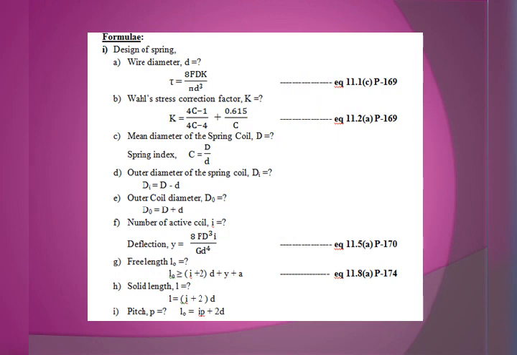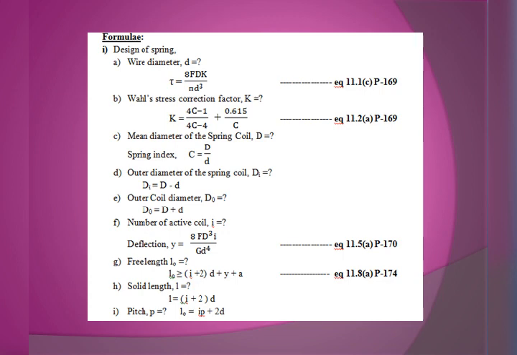Now we'll list out the various equations that are required to solve this particular problem. In that, first one is the design of spring. So various unknowns what we have to find. Here he asked only one unknown, design of spring. It means we need to find all the dimensions that are required for the spring, such as small letter d, capital D, D i, D naught, i, L naught, L and P. Now we'll look at the meaning of all those notations.